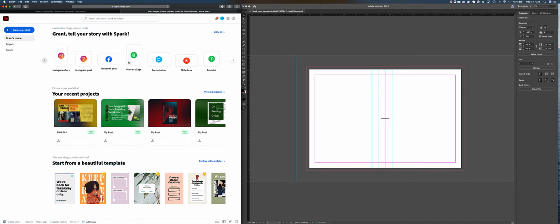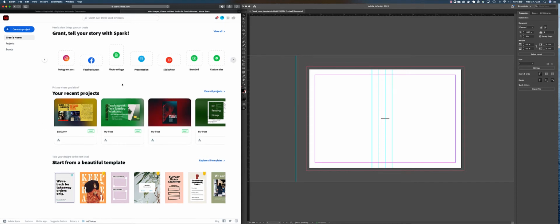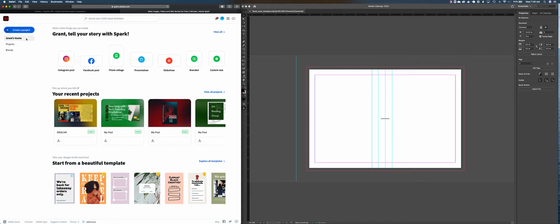So this is also a really powerful product that you have access to as well. If you feel more comfortable designing with something like this, you can definitely use it. And again, that's spark.adobe.com.